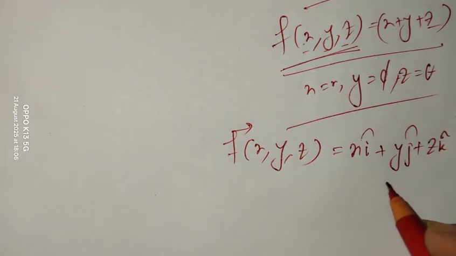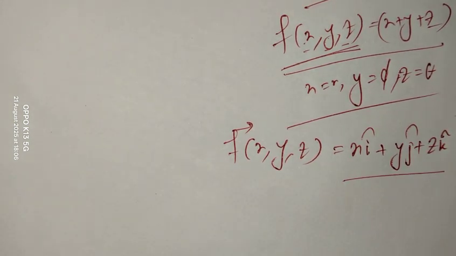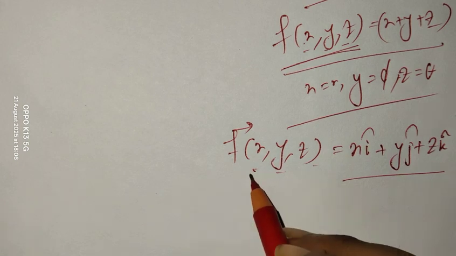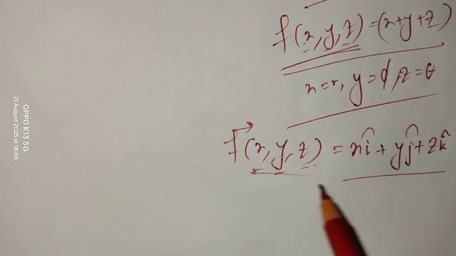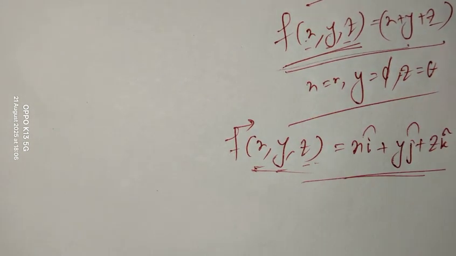Now this is a very simple function, but still it's a vector point function. Why is it a point function? Because x, y and z are points, right? So very nice. This is a vector function, and this is a scalar function or scalar point function. However, now what is scalar